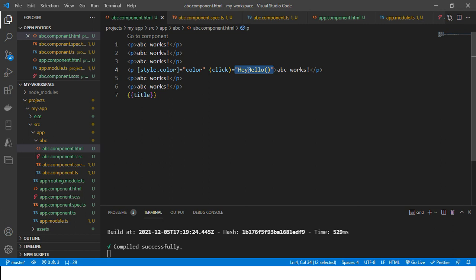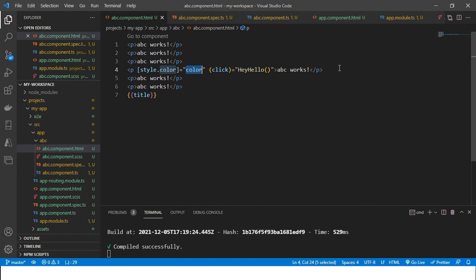That method works like an event listener. This is the attribute of the paragraph. For that attribute I have assigned a color. Color is a property defined inside the app component with the value red.